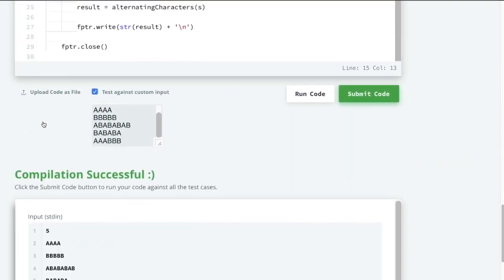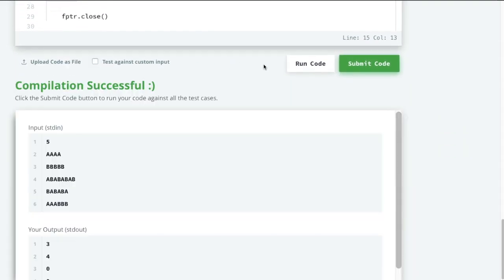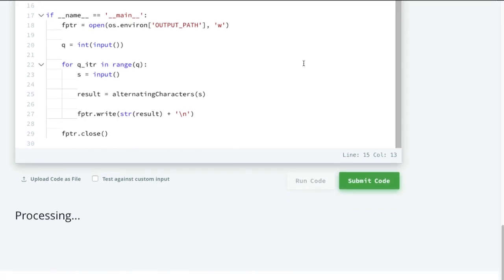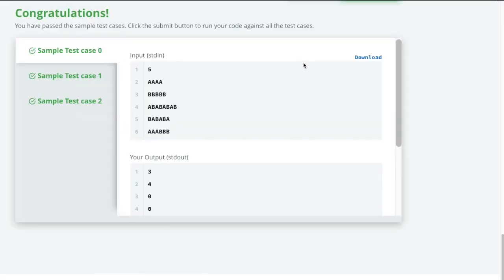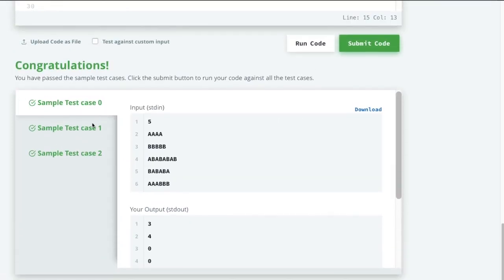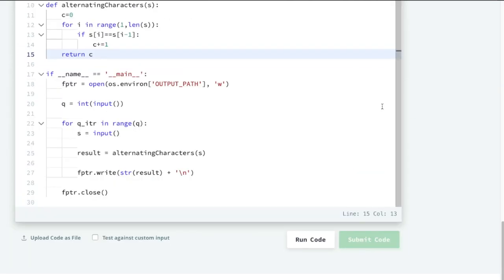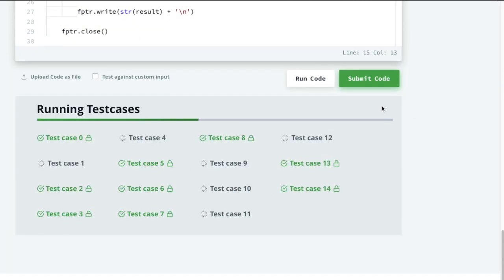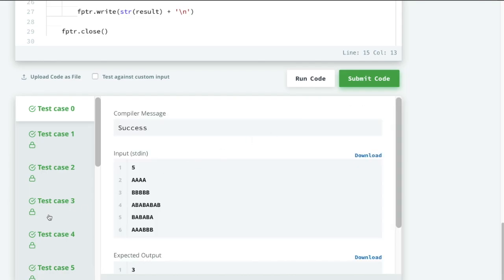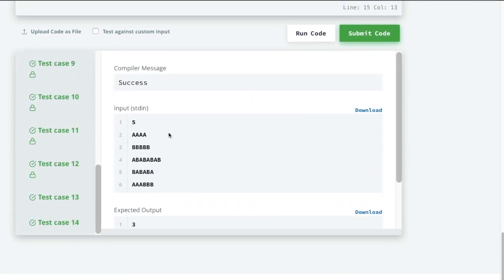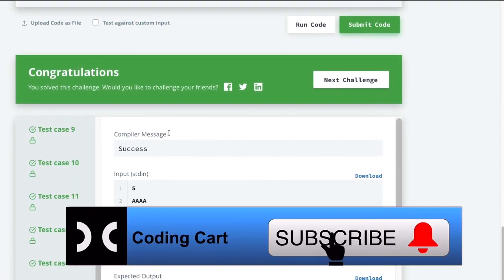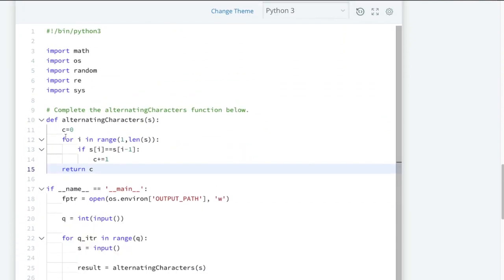It is working fine, so let us submit this code. We are done with the sample test cases. Let me submit this code. We are done with almost all the hidden test cases. Congratulations, we are done with all the test cases. Quite simple logic, quite simple problem.